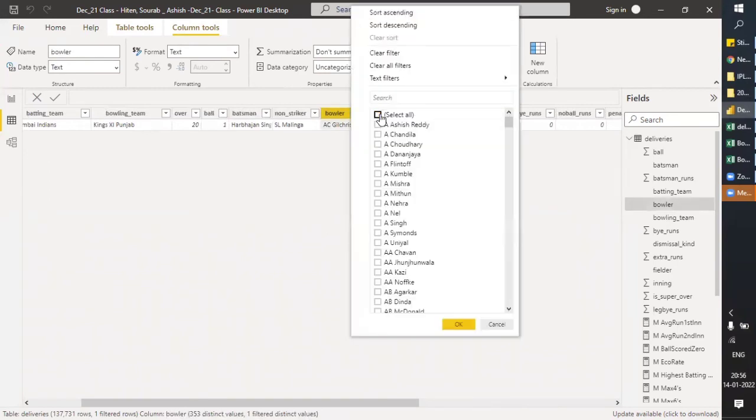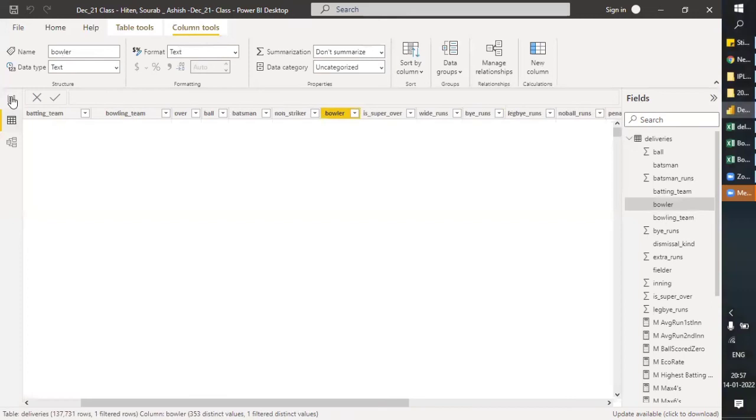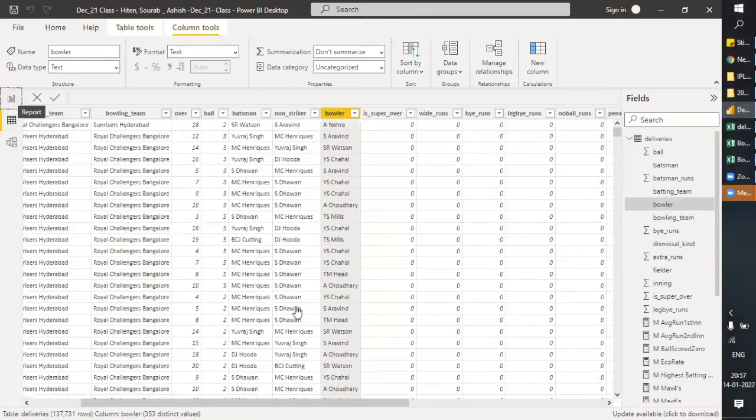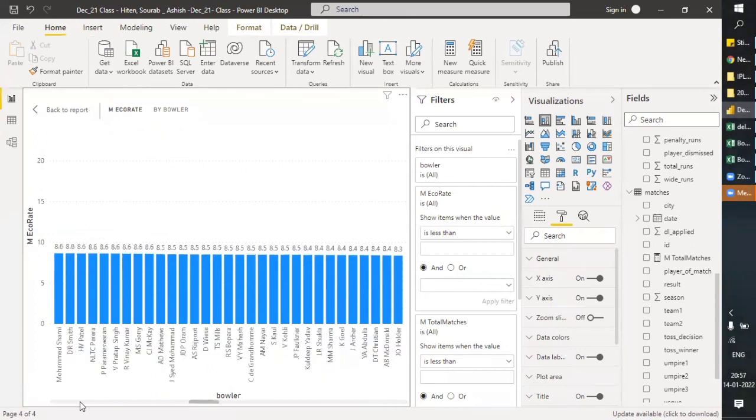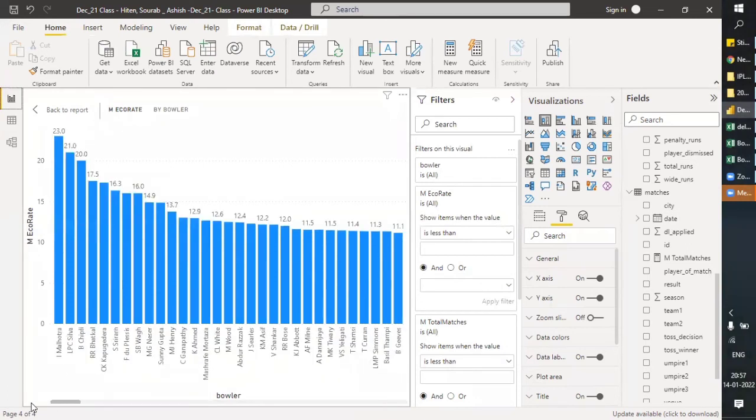So I believe our DAX is correct in this regard, but I'm not sure why this filter is not working, whereas it should work.